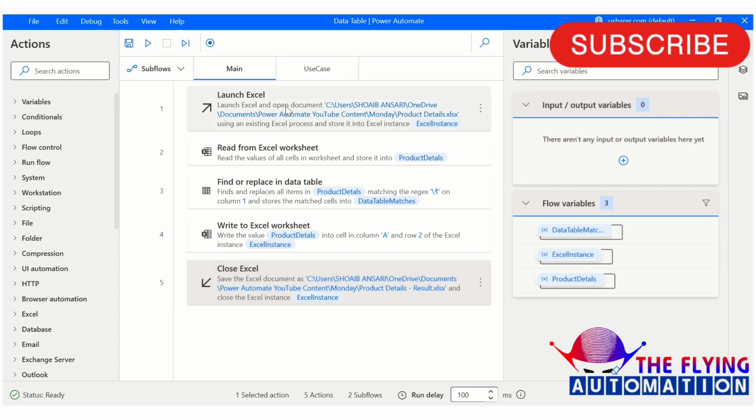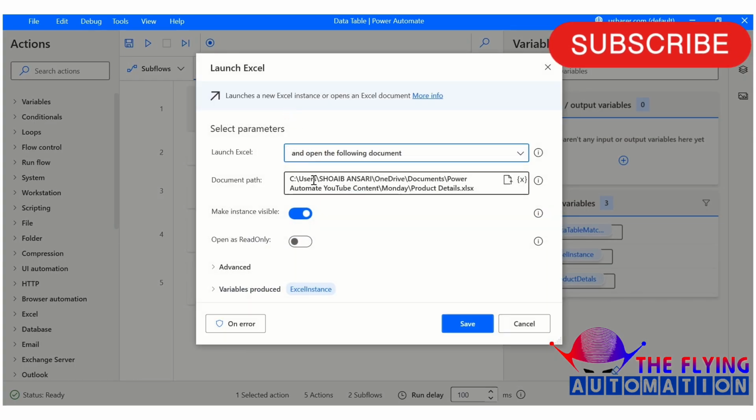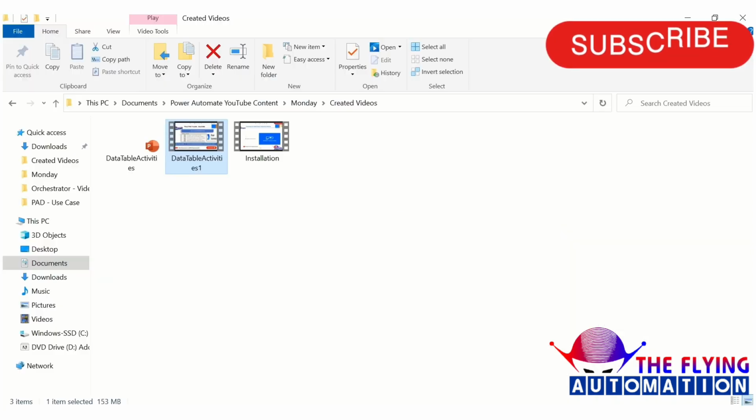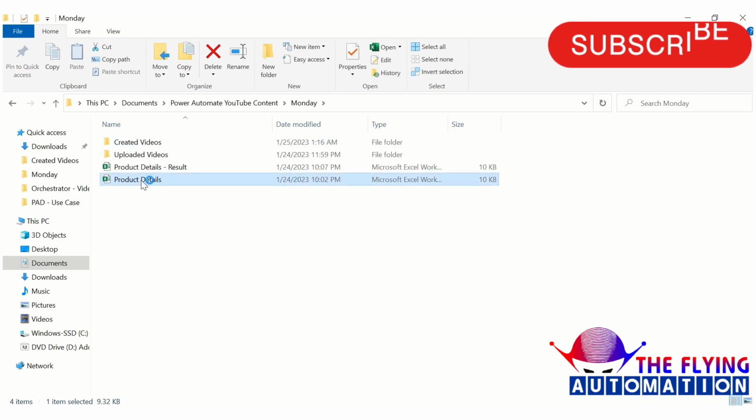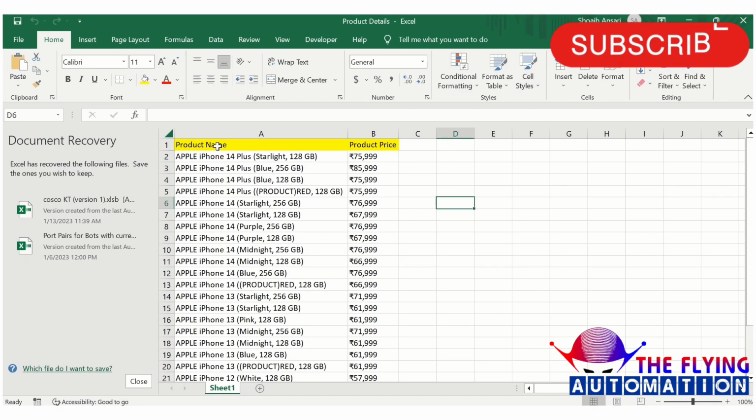So first I am opening this launch action. Here you can see I am launching this Excel. As you can see, here is our product detail file name. Here you can see product name and price. In the price column, the rupees symbol is available.